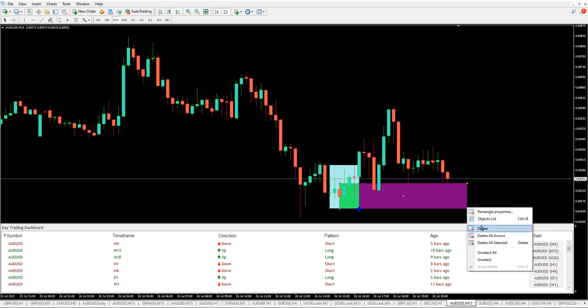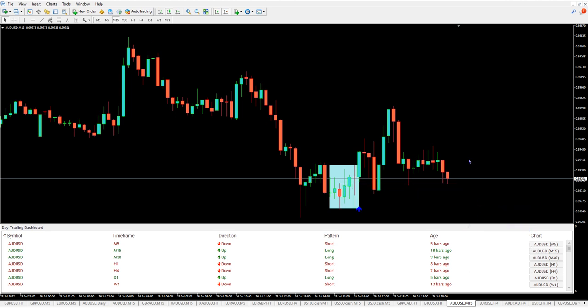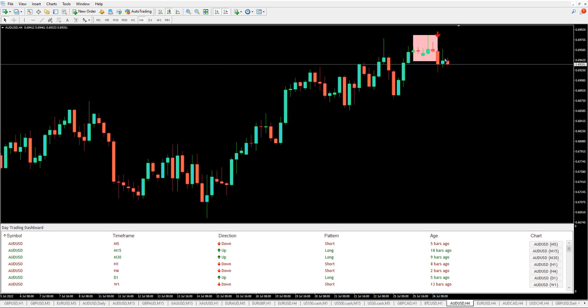And so obviously with these dashboard indicators, the most beneficial thing is being able to monitor all the pairs, all the time frames. This indicator does work great on higher time frames. 4 hour, many like to use the 4 hour for this. As we can see, we've got a fresh one